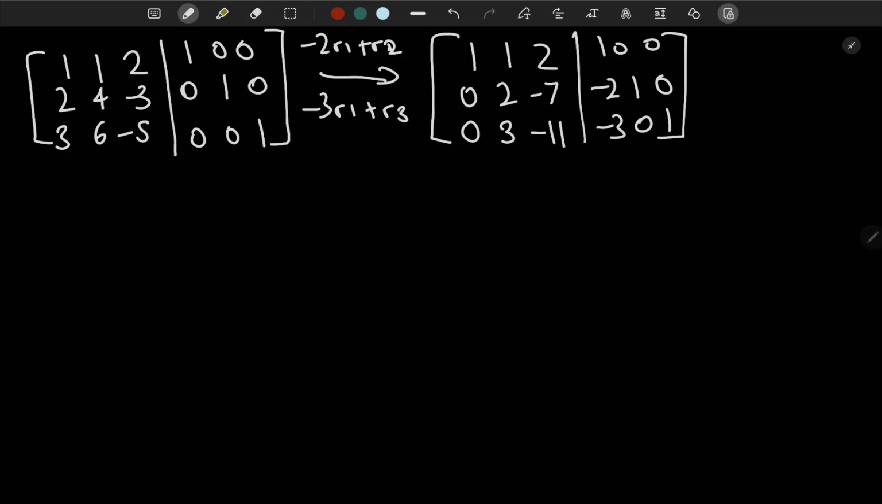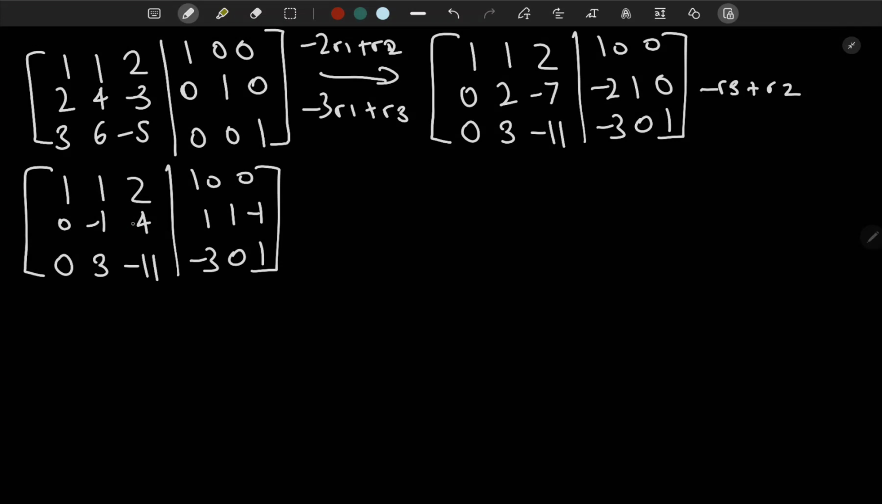And now we need to make the second pivot into 1, but we don't want fractions. So what we could do instead is add minus R3 plus R2, which will give us the following matrix as this. And you can notice that we have minus 1 now, so we can just convert that by minus R2 here, and this will give the following matrix as